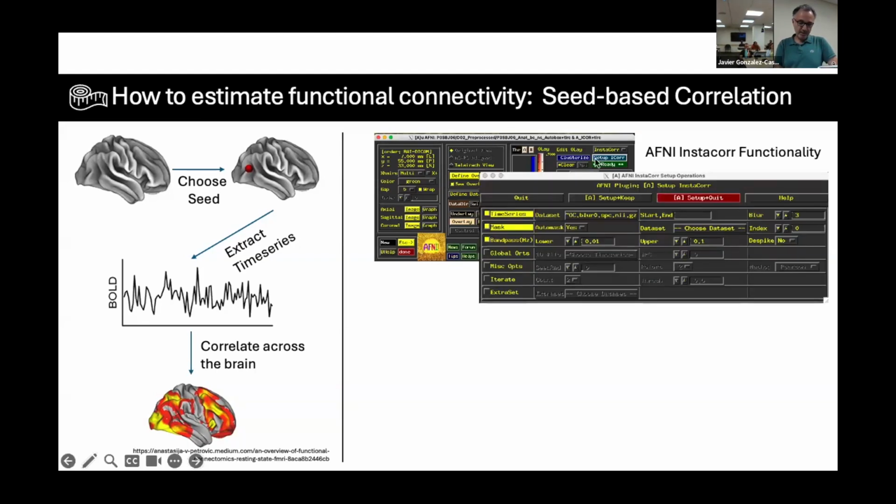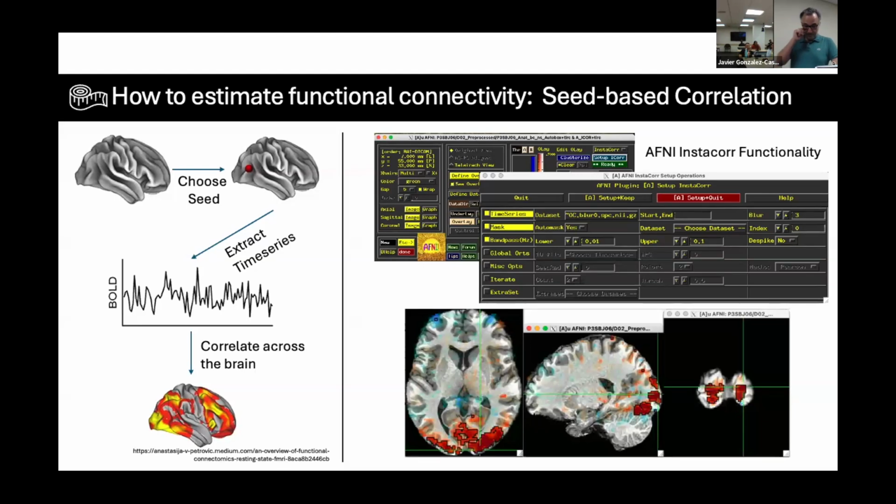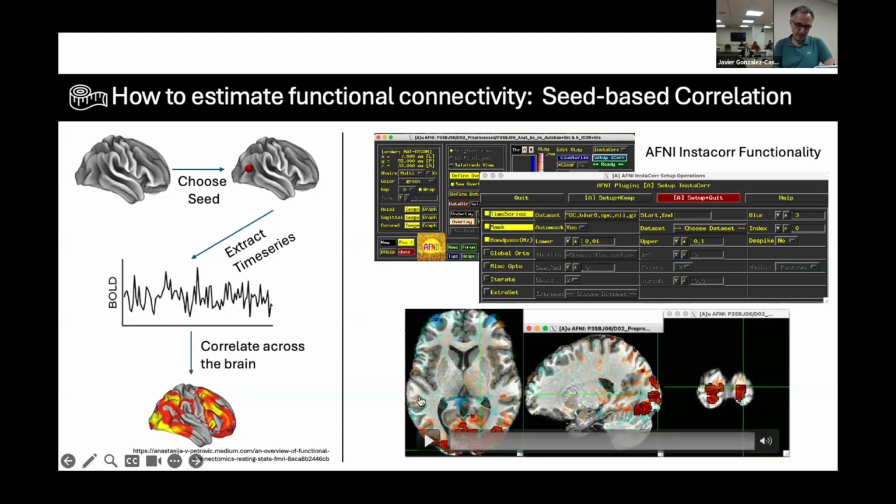So what this does is you can basically open AFNI, you select a data set. You can even do it with data sets as they come out of the scanner, because in this way, you're going to have the opportunity to do some very basic denoising, like a little bit of spatial smoothing, despiking, bandpass filtering. You can even put some regressors to orthogonalize the signals against them before you compute connectivity. And then you press go. And in a couple of seconds, or a little bit more if you have really big data sets, you'll get something like this,